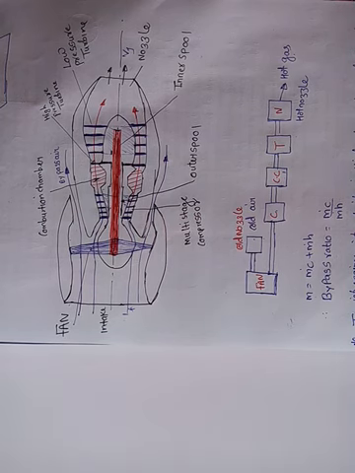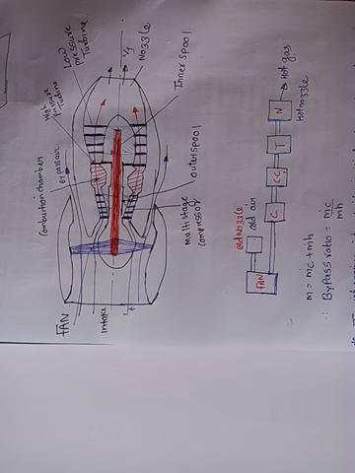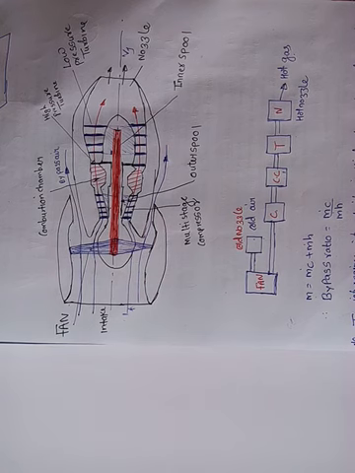So a plain jet engine will give less efficiency, but a turbofan type of engine, single spooled or multiple spooled, will definitely give you higher efficiency. I think the turbofan topic is clear to you, turbofan single spooled and turbofan two spooled. If an exam asks you to explain or elaborate about the turbofan, you can draw the diagram of the single spooled and also of the two spooled. You can even explain the block diagram, and you can even explain the thermodynamic cycle that is similar to that of a Brayton cycle.